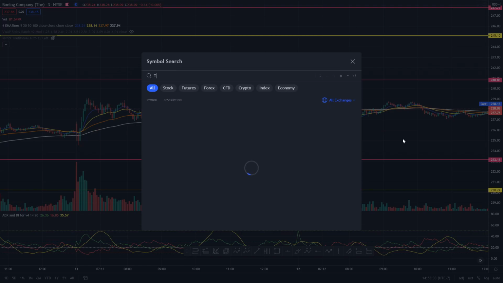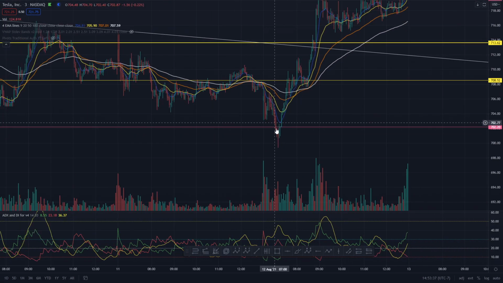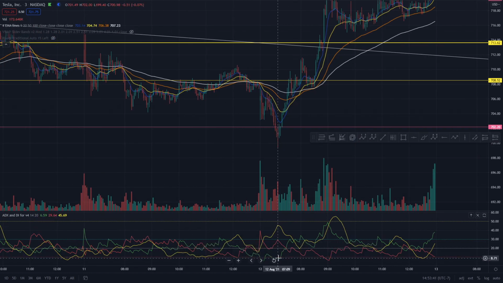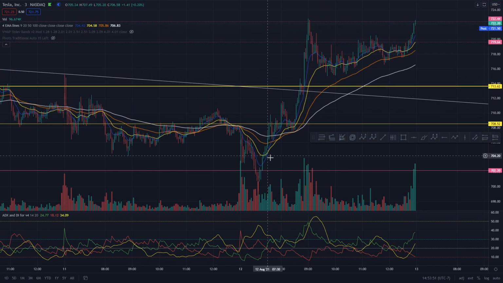This is how I made money on Tesla today. Literally, I wanted Tesla puts if we broke, but quickly, when I looked at the sentiment, I saw the bulls wanted to come and wake up, and sure enough, it broke over one of my smaller crosses, and then it broke over my 1 hour cross, and from here to here, I was literally up over $2,000 on this play buying weeklies. So anyways,